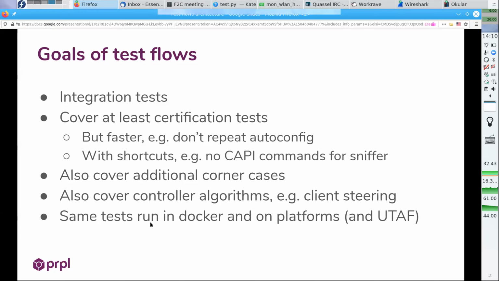And then finally, we will want to run the same tests, not just in Docker, but also on platforms. As Ran, I think, observed, it would actually be better if you can test everything in Docker, because then you don't need any platforms and it's much easier to develop. We still want to also test on platforms, because then we also cover the BWL, which is a significant part of the overall software. And second, there are a few tests which are